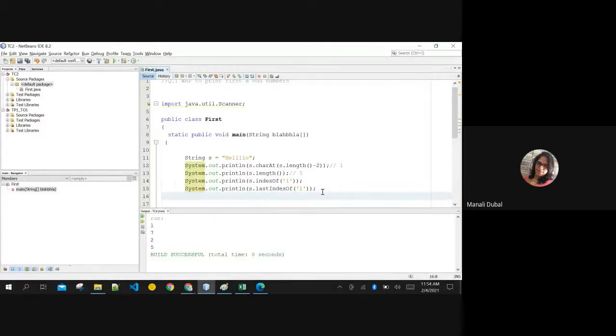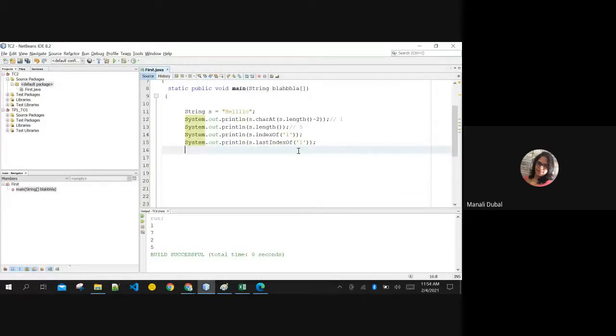So it is nothing but 5. Now if the program is to count all the occurrences of L, then you cannot use indexOf or lastIndexOf. If the question is to count all the occurrences of a certain character, then you cannot use this jugaad.